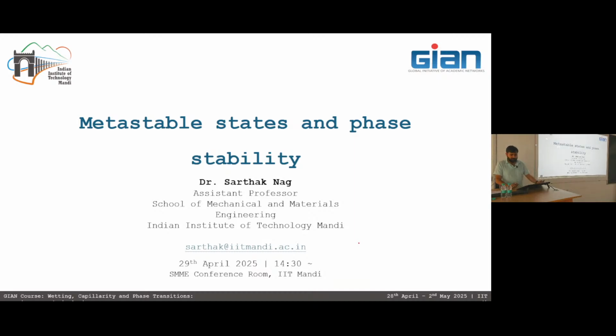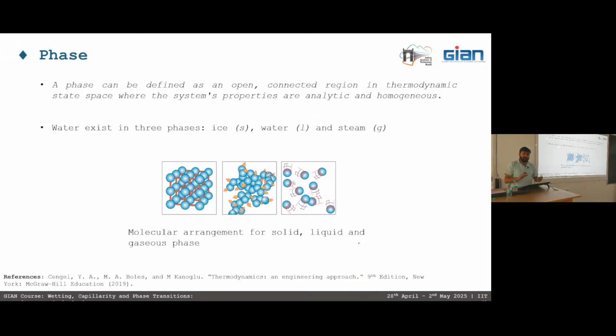So to start with, we all know from our experience that all the matter, all the pure substance, exist in different states. We see water in this water bottle. It is right now in liquid state. If I put the same water bottle inside a freezer, it will convert into ice, which is a solid state. And if I put the same water on the top of a heated surface, which is heated above 100 degrees centigrade, then it will convert to a gaseous or vapor state. So it means that all the pure substance exist in three distinct states, and they have different phases, right?